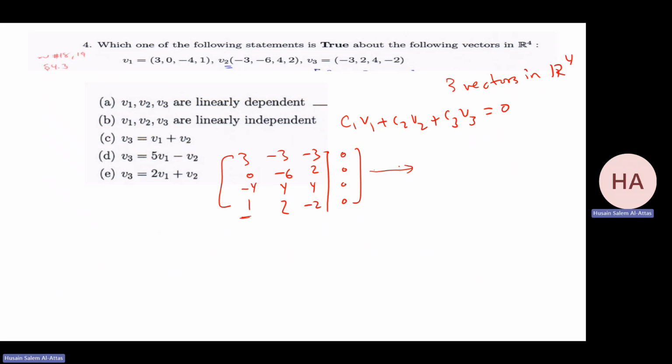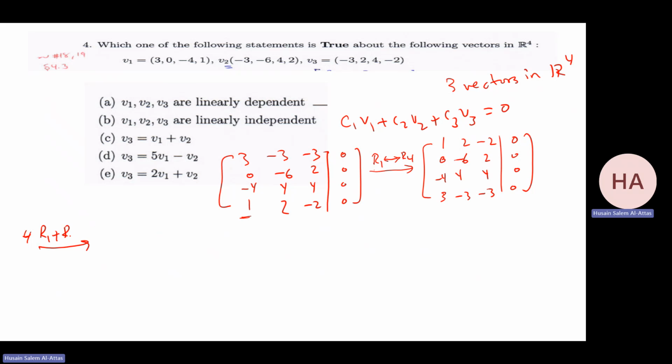I can interchange R1 with R4 to get what? 1, 2, -2, 0. 0, -6, 2, -4, 4, 4, 0, 0. 3, -3, -3, 0. Okay. Now multiply the first one by 4 and add it to R3, and -3 times R1 plus R4